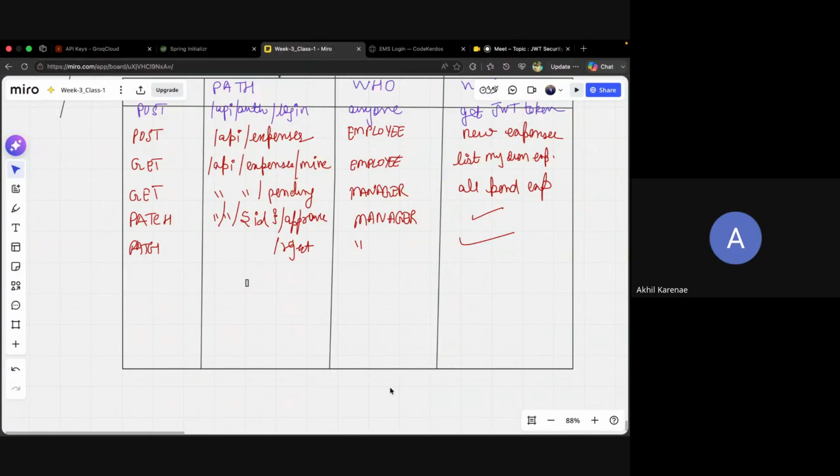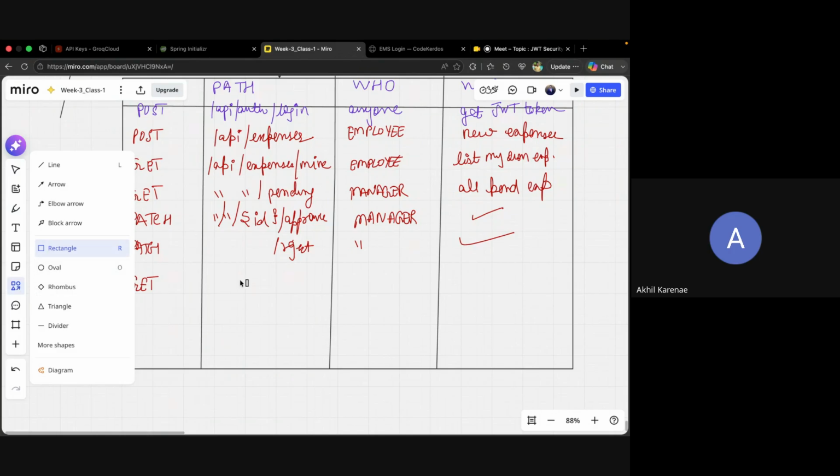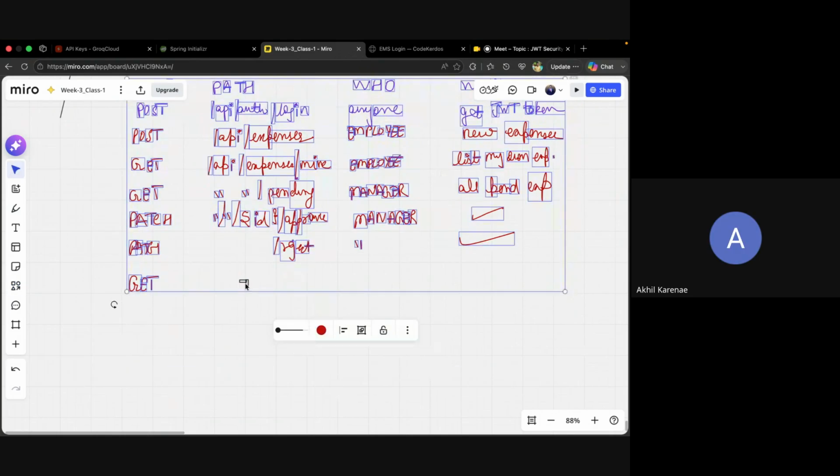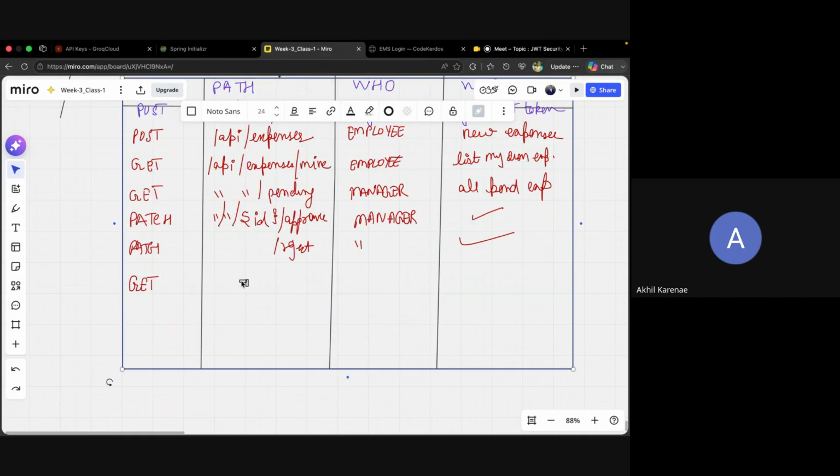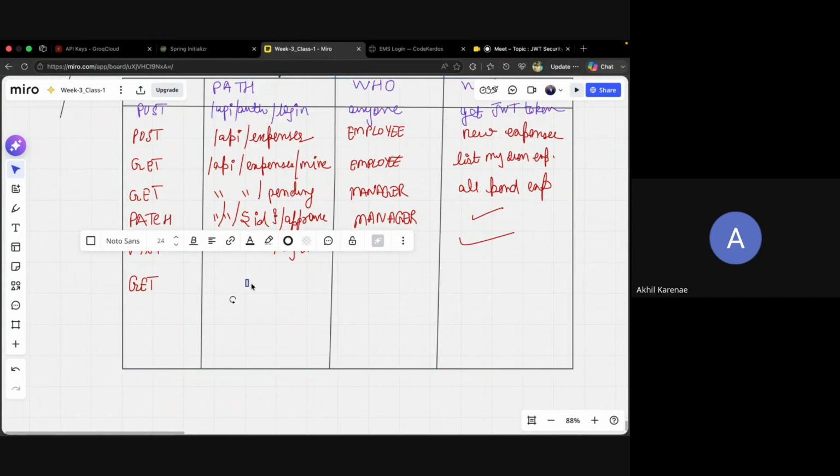I'm having a doubt here. Tell me, why are you using patch? No, overall, anyhow, we implement all these APIs. We only give the employee an API to create an expense, and a get one where you'll get all the expenses that you have already recorded. In that only we can put a filter kind of thing,